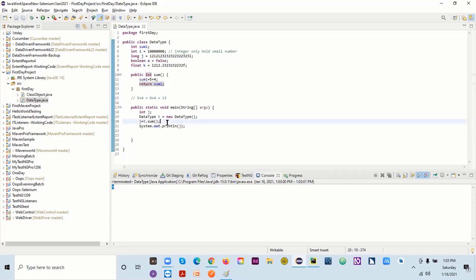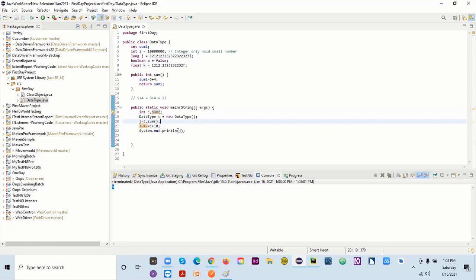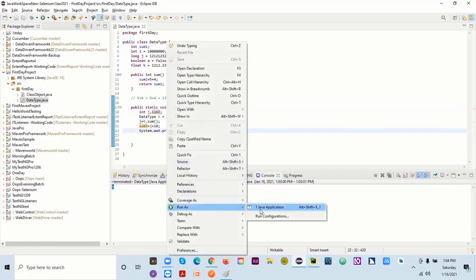So now it's 9. What I can do here is I can create one more variable here, which is a sum2. Okay, it's up to me. I can create multiple variables here. So if I say sum2 equal to j, which is 9, right now it's 9, and I will add 10 more in that. So if I print this one, now j is 9, and I have given there 9 and 10 is 19. So if I run this, you'll be getting 19.